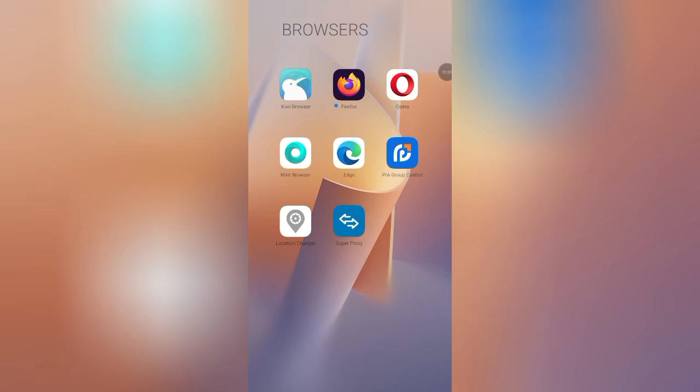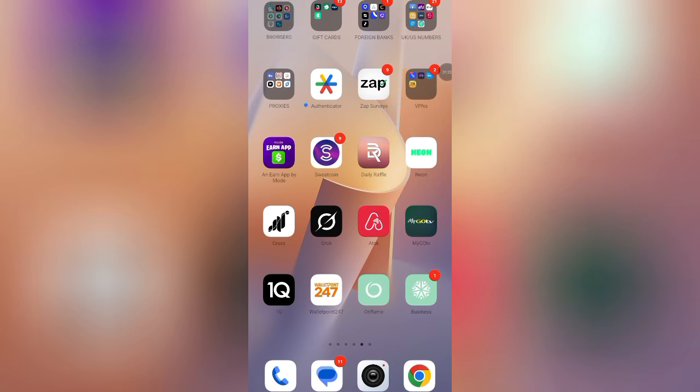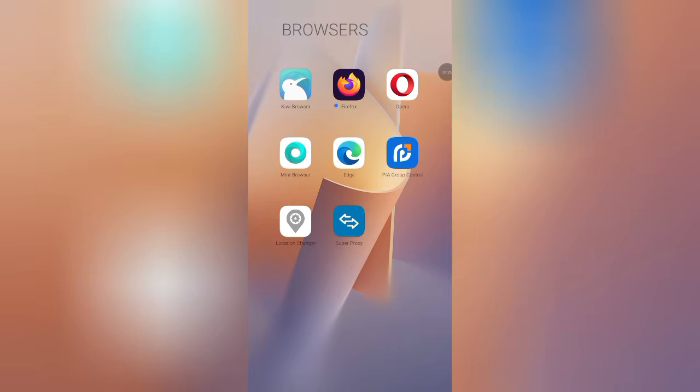Now, when you come right here, you are going to be seeing location changer. This is it. So once you click on this